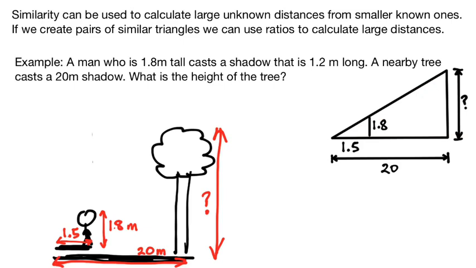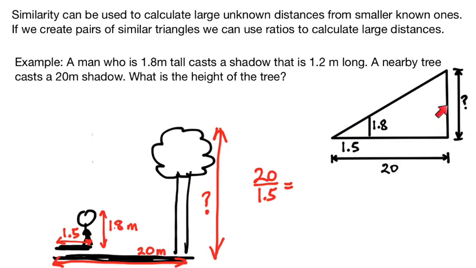So now I can proceed to work out some ratios, because we know in similar triangles that the ratios of the corresponding sides are all the same. Now we're going to use that information to work out our unknown tree height. The ratio of these two corresponding sides here is the long 20 meter shadow divided by the short 1.5 meter shadow, and that should be the same in ratio as these